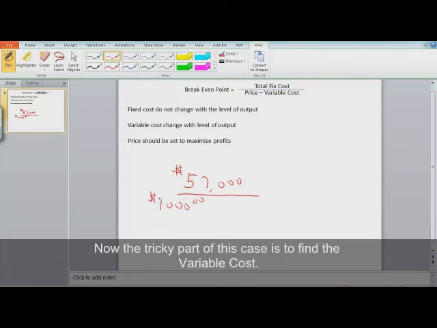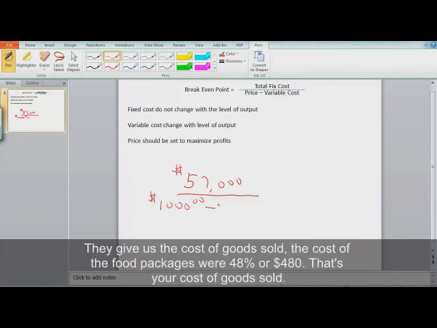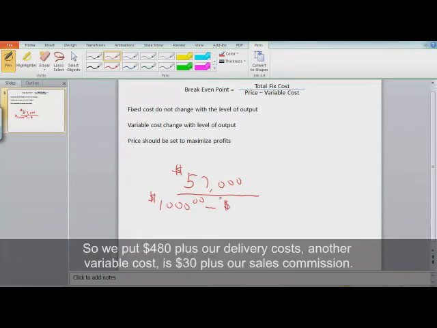Now, the tricky part of this case is to find the variable cost, because the average food package price is $1,000. That's the price, and the fixed cost is given to you. They give us the food cost of goods sold: the cost of the food packages was 48%, or $480. That's your cost of goods sold. So we put $480